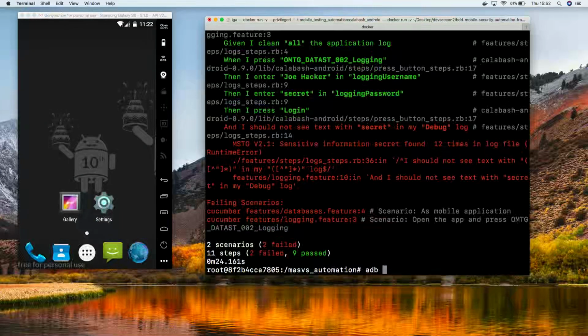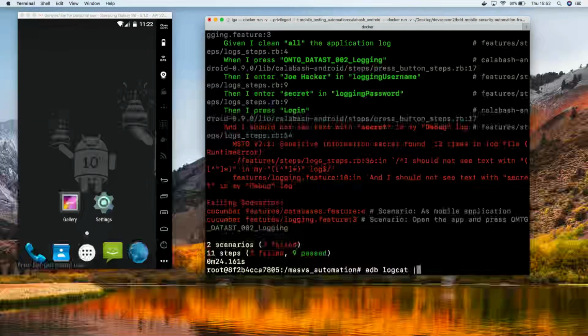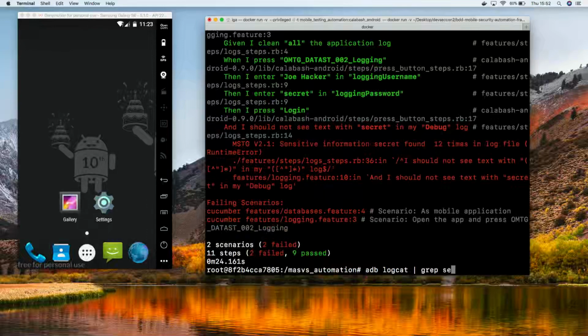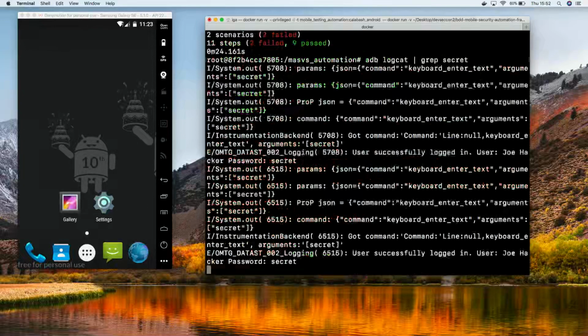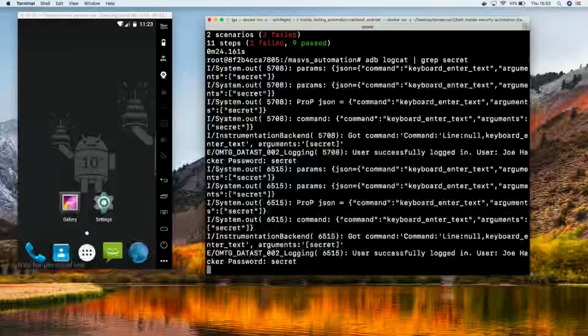As we can see, if we go to ADB and look at the log, we have multiple instances of secrets being logged in the application, and here we have a username and password. So our test will fail.